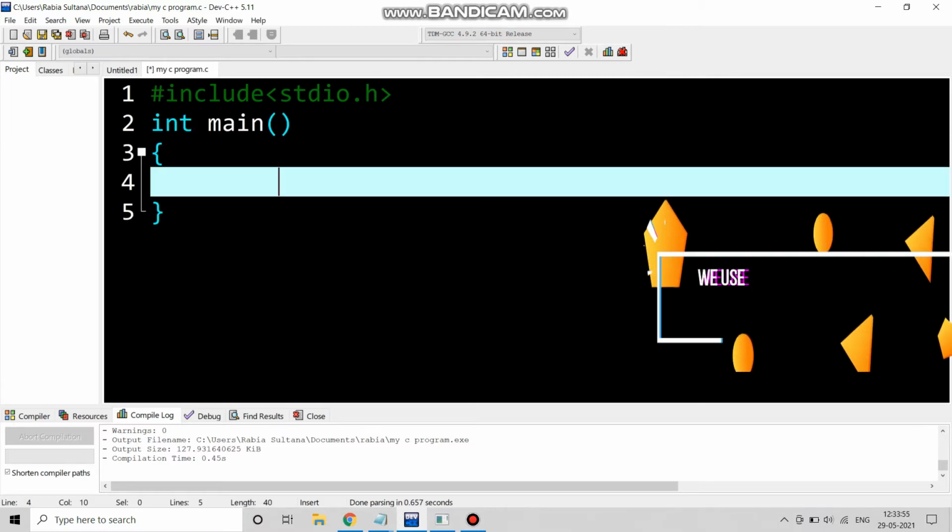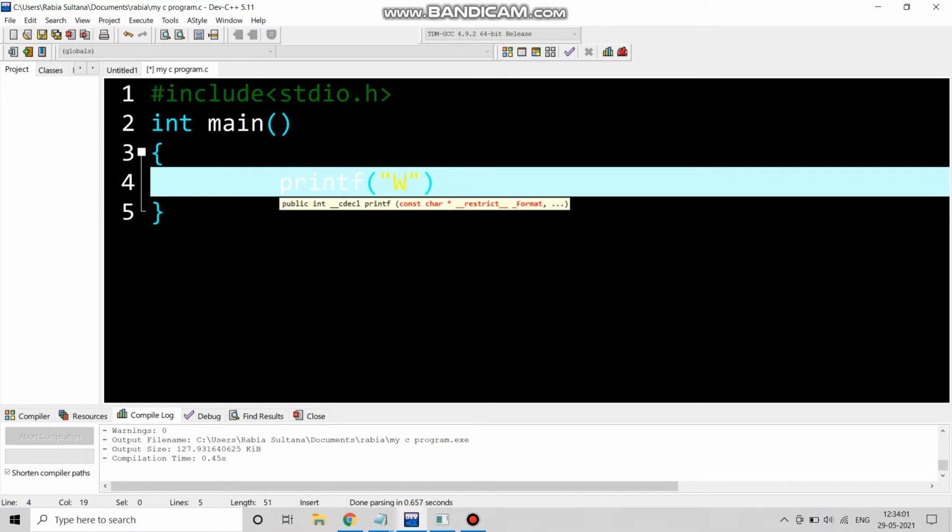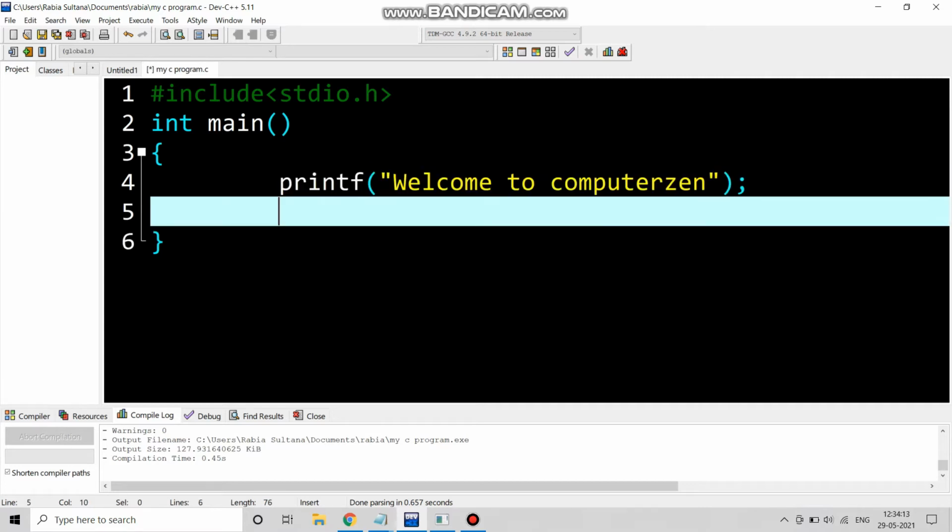Then in the parenthesis we write printf. Let's say we write welcome to Computer Zen. Okay, and we give the semicolon. In the next line we write return 0,